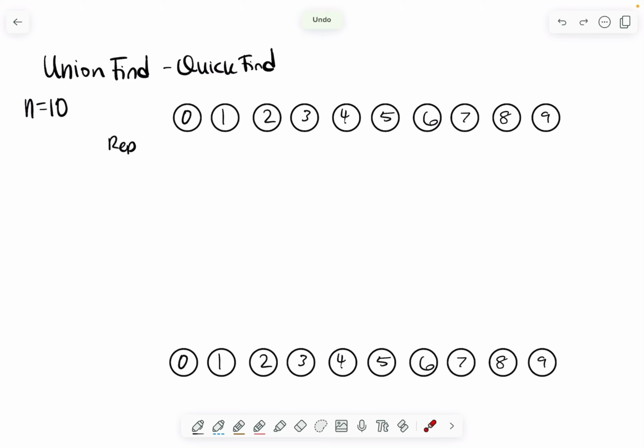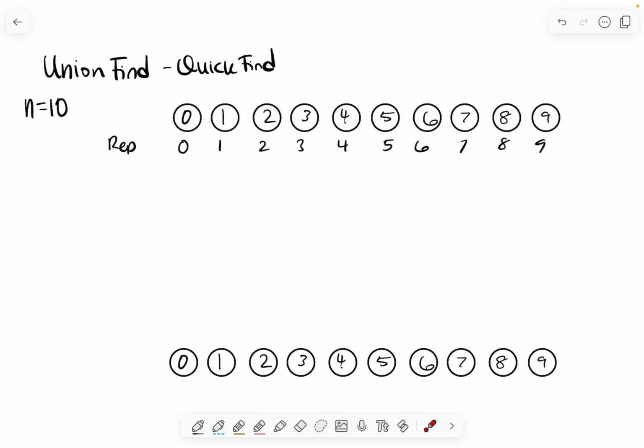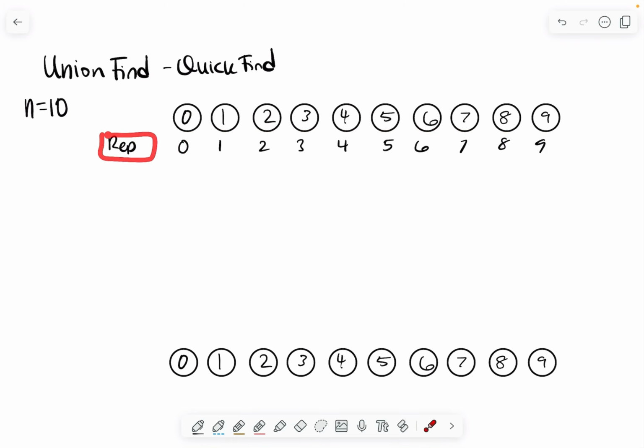And so the idea is that the representatives of all of these vertices are themselves at the beginning. So from a programming perspective, you're really starting with an array of integers, and you're calling that array rep. That stands for representatives. So it's just the representatives of the sets that these vertices are in. So let's say that I want to access this representative. How would I do that? Well, I would take the array and then access the representative of vertice 0, and that's going to give me 0. So that's why I don't like calling this array ID, even though Rutgers does that,